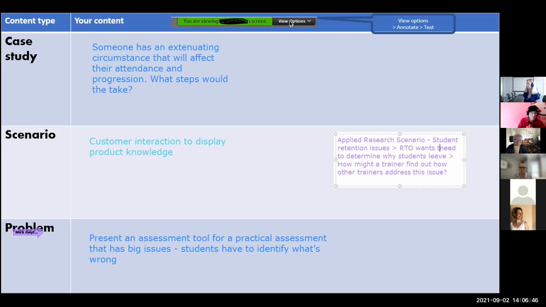So someone doesn't turn up. What are you going to do? Don't worry about it, they'll turn up eventually. I'll reach out to them. I'll ask my manager for advice. And then you can show the consequences of each of those. That's not a bad choice, but you might lose a student if you do that. There's probably another way you could go about that. So it's a way of exploring and applying what you're trying to instill in the learner from the information in the case study.